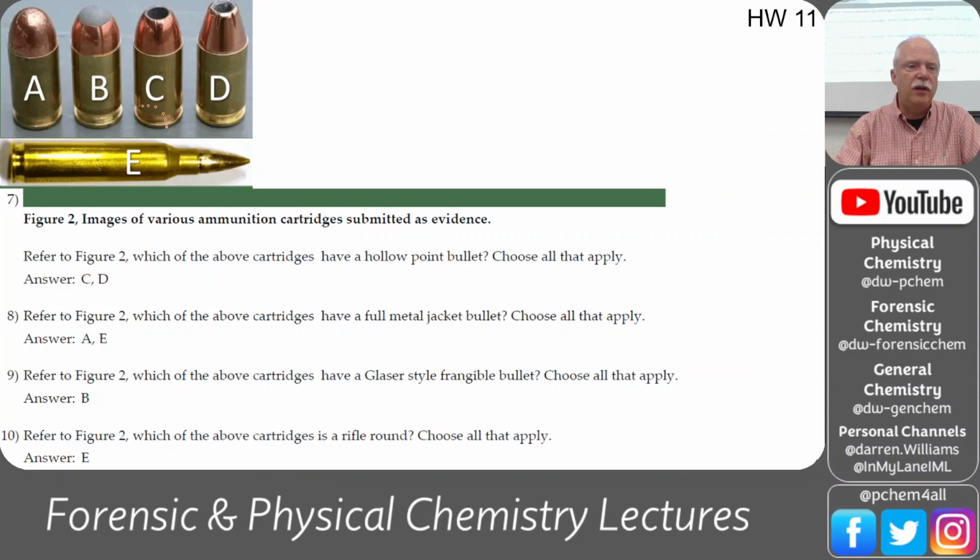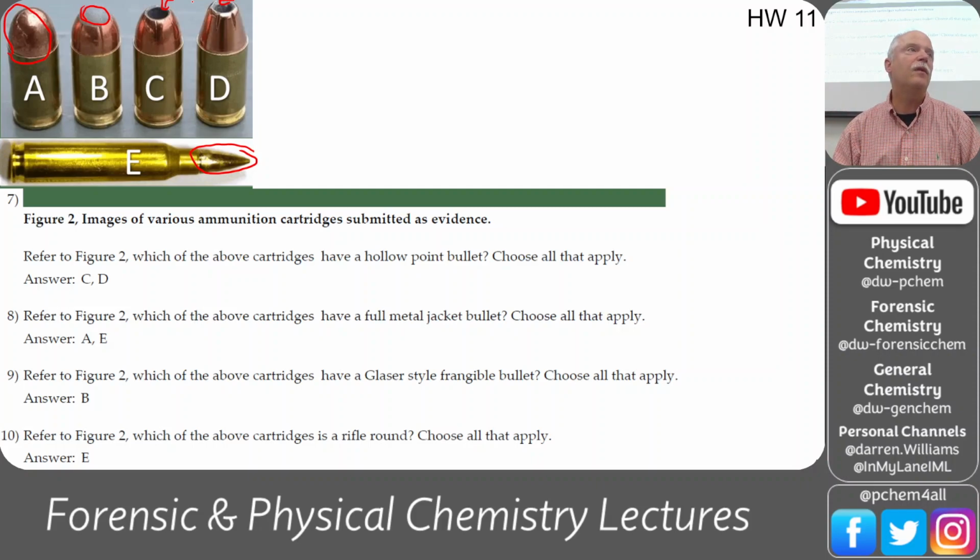Okay, yeah. So this one, the full metal jacket, is full metal around the bullet. So both of these have a completely closed top, whereas this has an open top. It's got some sort of bead in there to help with the expansion, and then these are completely hollow. So these top two, C and D, are hollow points. B is kind of a hollow point, but it's assisted with this plastic bead. Okay, so that's why A and E are the only ones that have full metal jacket around the